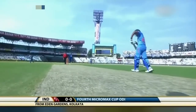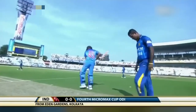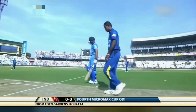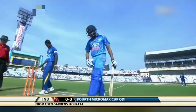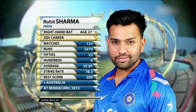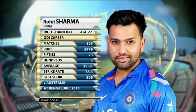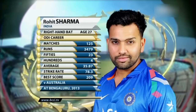Match then, and it is Rohit Sharma who comes into the side. He's been out for a couple of months. He damaged a finger in the match in Cardiff, long way away from here, and that was in the one-day series. So he's been out, and he's going to open the batting. And he's got a decent set of numbers, averaging 35, strike rate at 78, and that incredible innings of 209